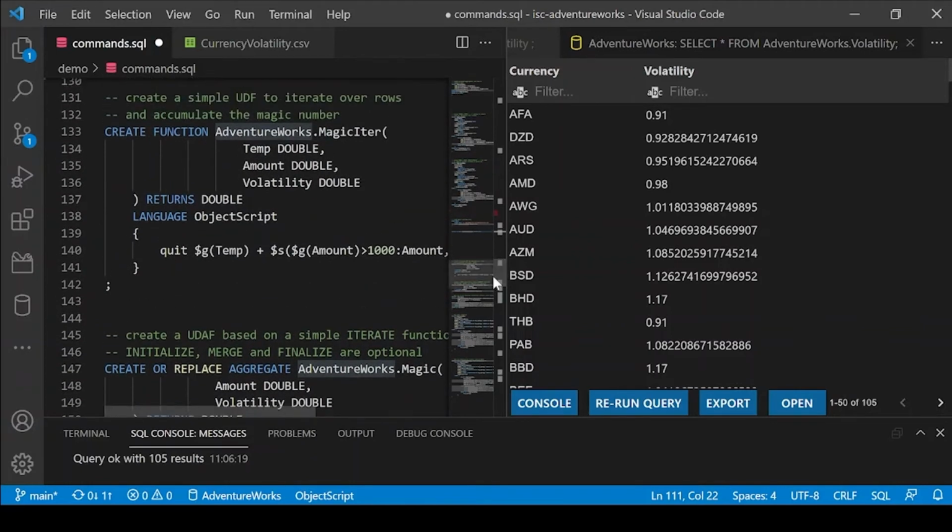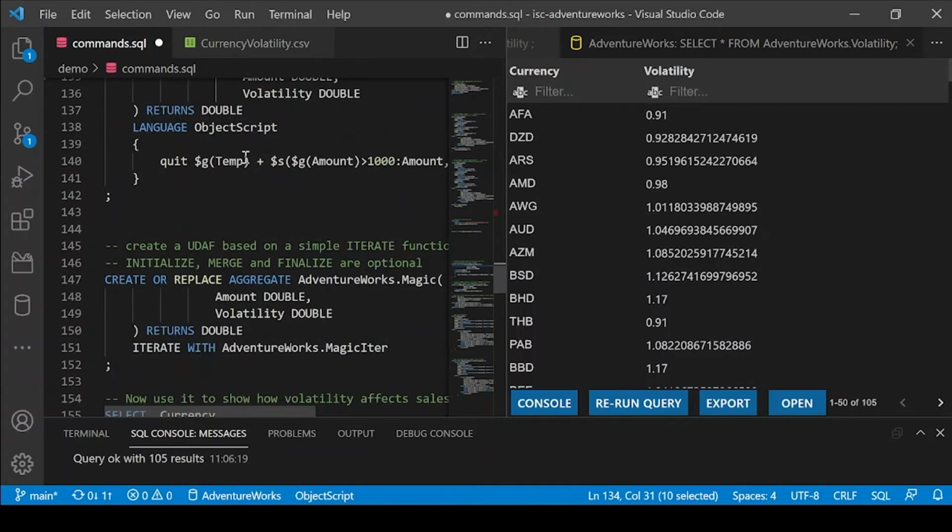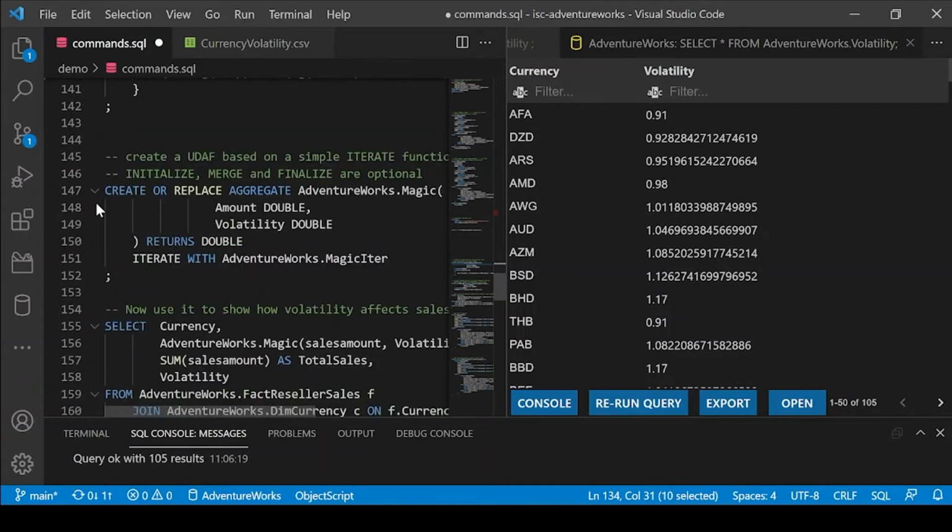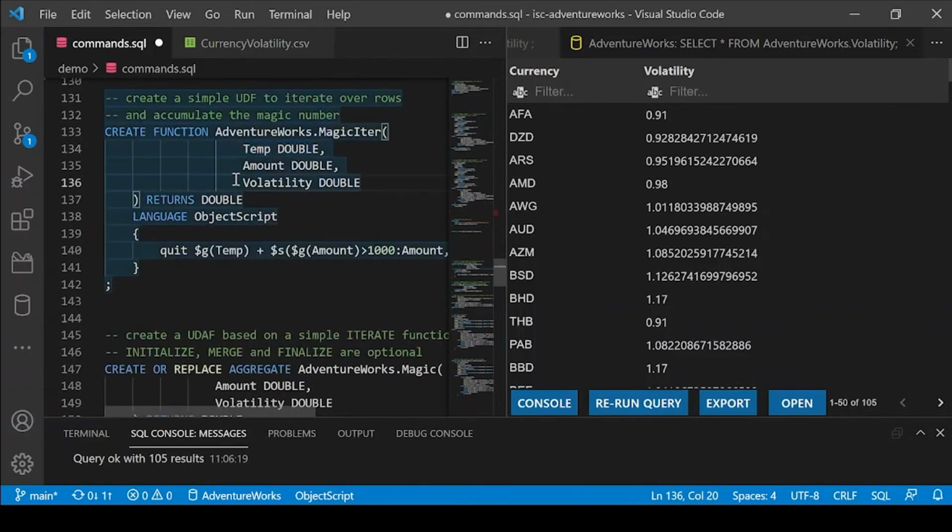So how that works is you can first define your user-defined functions, and you need at least an iterate function that will iterate over all of the rows in the window that you're aggregating, in the group that you're aggregating, and then optionally add a user-defined function to initialize or a user-defined function to finalize the result. In our example, we're just doing this sort of a weighted sum. So we have our temp variable, and we have our amount that comes in and a volatility that comes in. So these are the columns that are selected per row, and we return our plateau result. Let's first define the function,